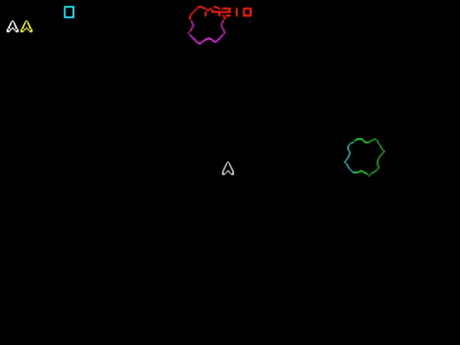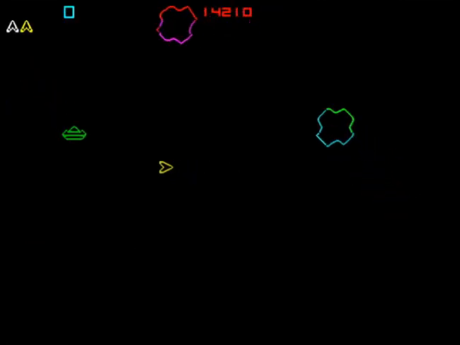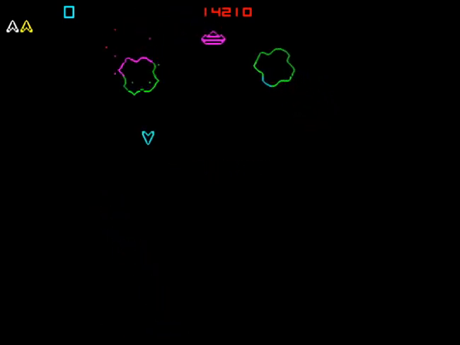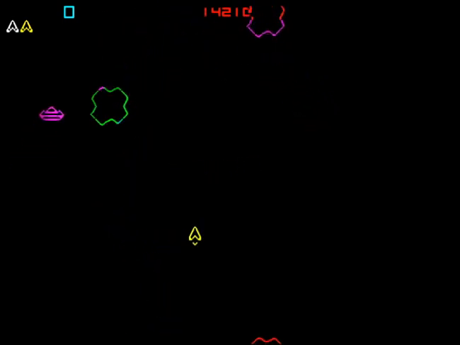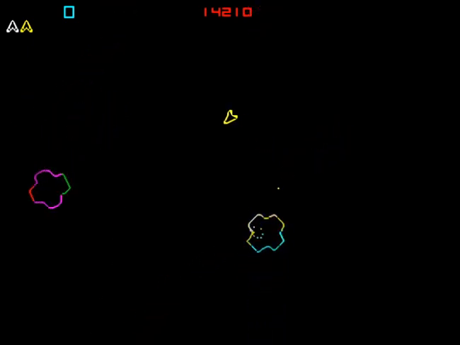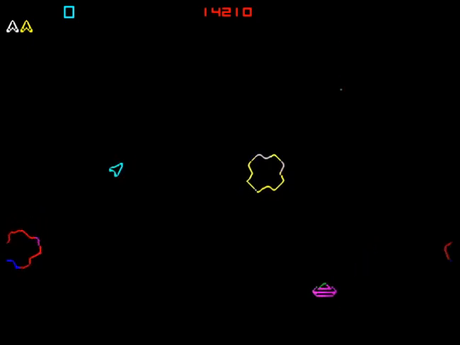Okay, so if you see, if I press left, the ship will turn left. If I press right, the ship will turn right. Easy enough. If I press up, it'll go up and down. So I can just move it left, right, up and down. It's a lot more maneuverable, as you can see, than the original. If I press fire,